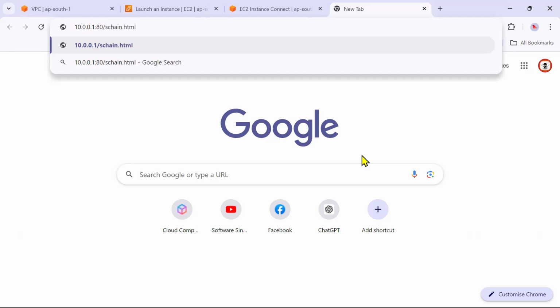If you want to access it, you should provide it like this. But if you are providing your default index.html file, then there is no need to provide any file name. Just the IP address and port number.